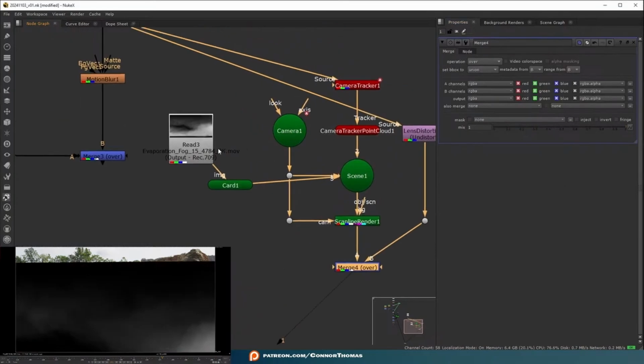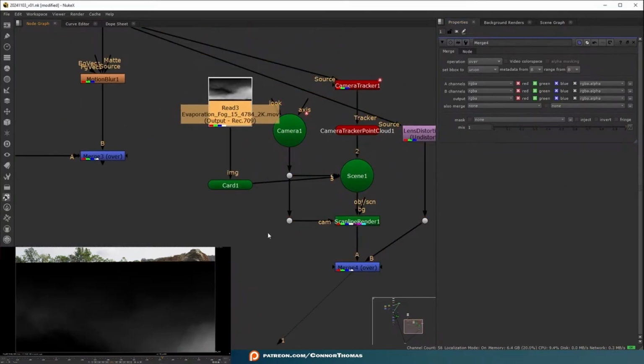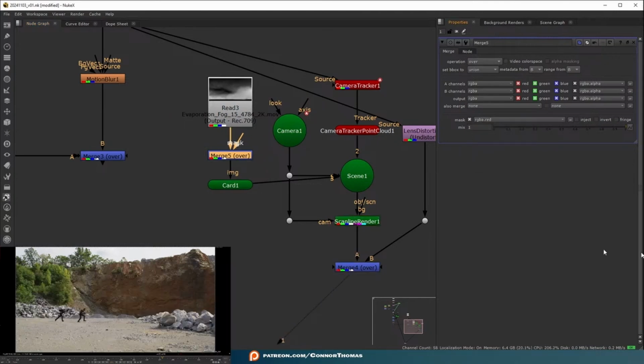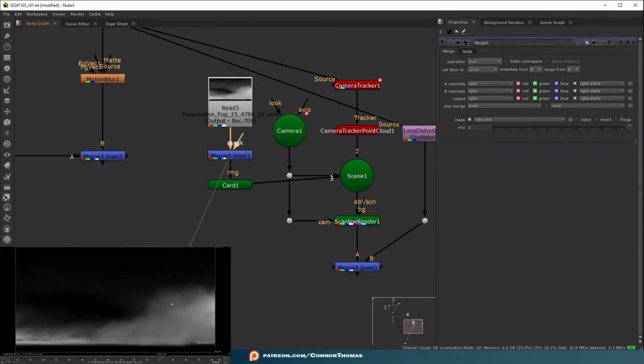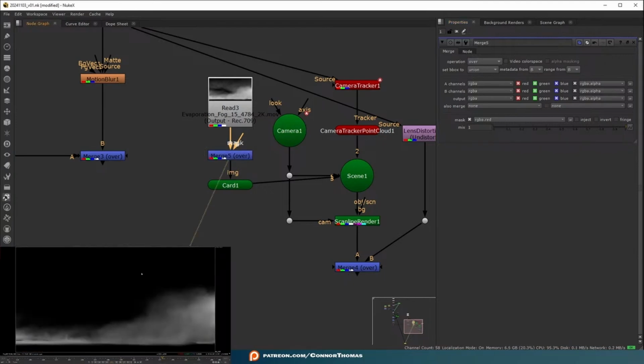This is our dude. But he's got a black background, and there's a couple ways we could remove that. I found sometimes the easiest way is just using a merge node and then using the mask from your image there, and then just setting this to like red or something like that. And now if we go view this, you'll notice that the alpha channel is just this evaporation fog directly on